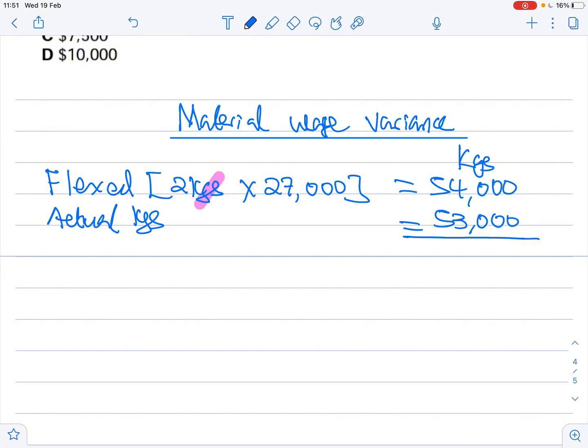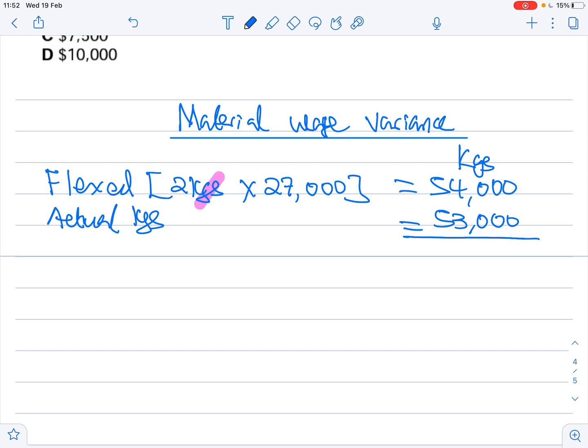Okay. So it's a question of use 54,000 kgs to produce 27,000 units. But you ended up producing these 27,000 units and you have used 53,000 kgs. So you need to understand here that the more actual materials you have used, the more costs the company will have to pay or incur, as the case may be. So now it means the people in the production department,